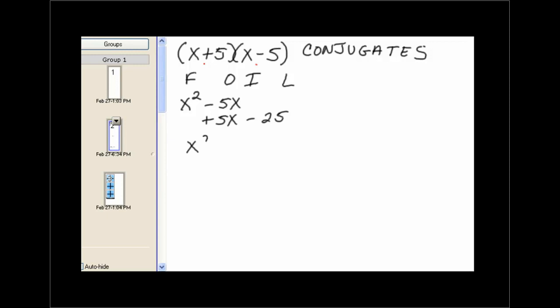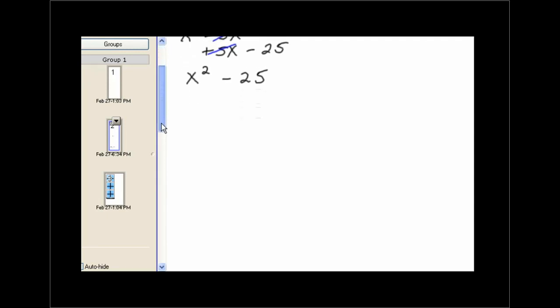Combining the outer and inner terms, what happens here? We see they are additive inverses, so they add up to 0. And all we have left is minus 25. So here, when you multiply these two binomials that were different in signs, their outer and inner terms were additive inverses, and they canceled or added to 0. Next example,